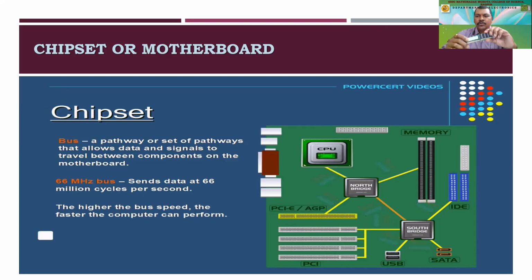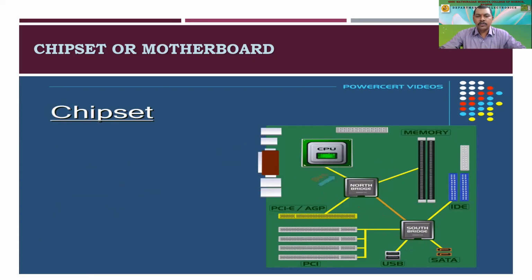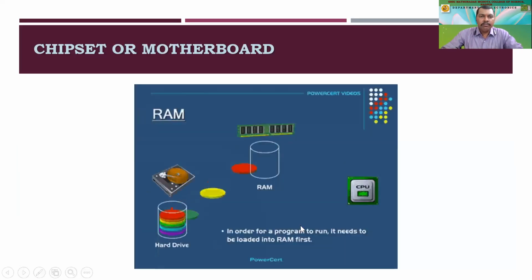Without this RAM, the computer does not work, even if it is loosely fit. It will hang and it will not connect, right? So this is how we are going to fit it in the slot. So this is that RAM. And why do we require RAM? Because the CPU is not able to access the data directly from the hard drive. So what the hard drive does is it gives that data to the RAM first, and then the CPU is able to access that data from the RAM.